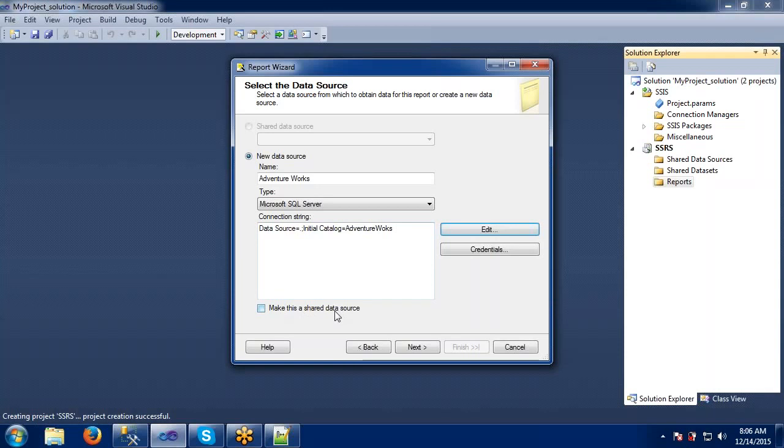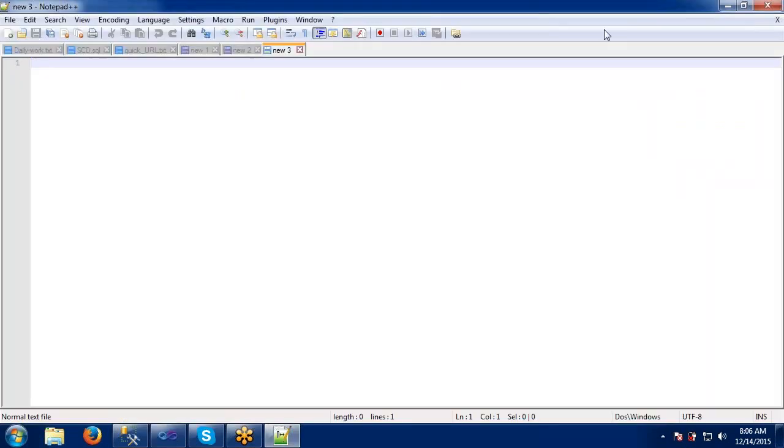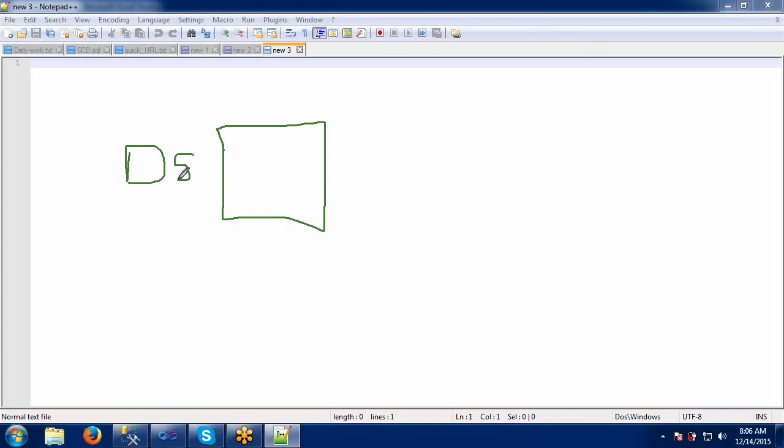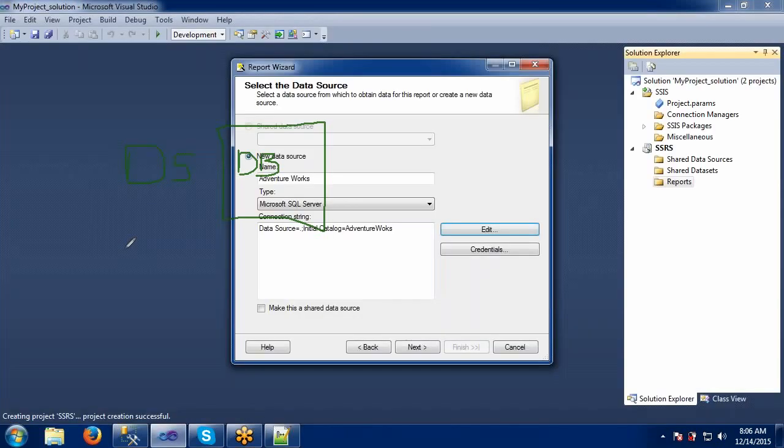Make sure this is a data source. So, shared data source. I will come to this one later actually. Okay, when we are developing the next report, I will tell you how to enable this option. As of now, we are just connecting to the selected data source. Okay, means here in the data source we are connecting to the database. Okay, in the next step, what are the three things we have available here? Data source, data set, and reports.